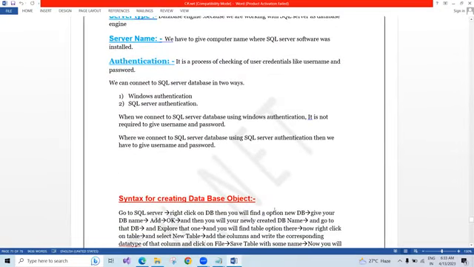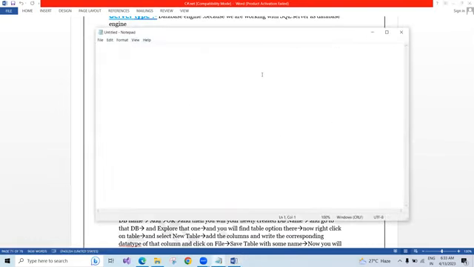So in our ADO.NET, we have two types of architectures available. One is connection-oriented architecture and the other is disconnection-oriented architecture. Now we'll discuss connection-oriented architecture. The first step of connection-oriented architecture is